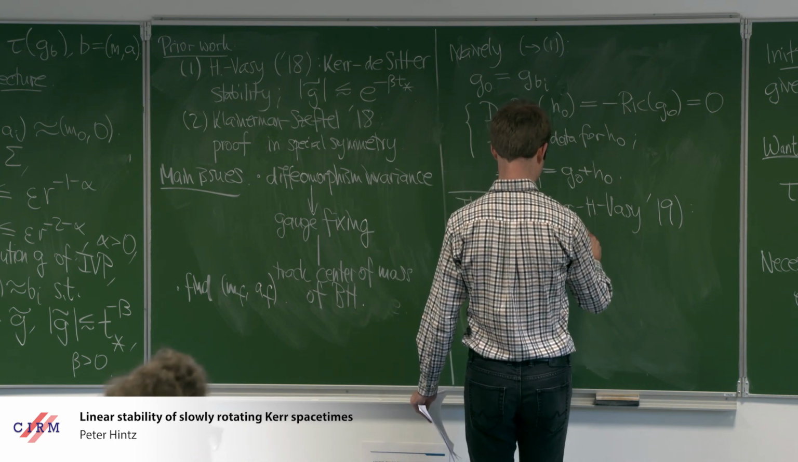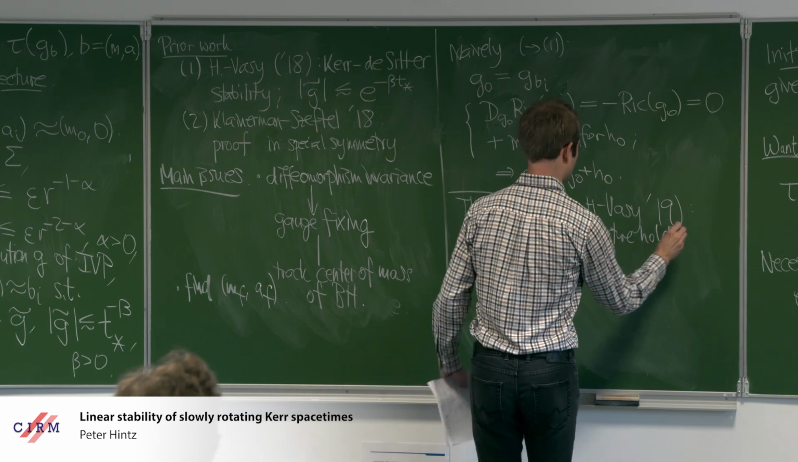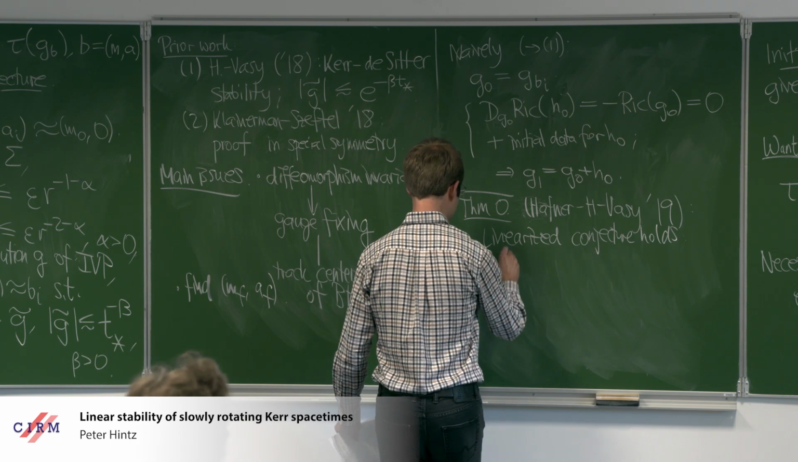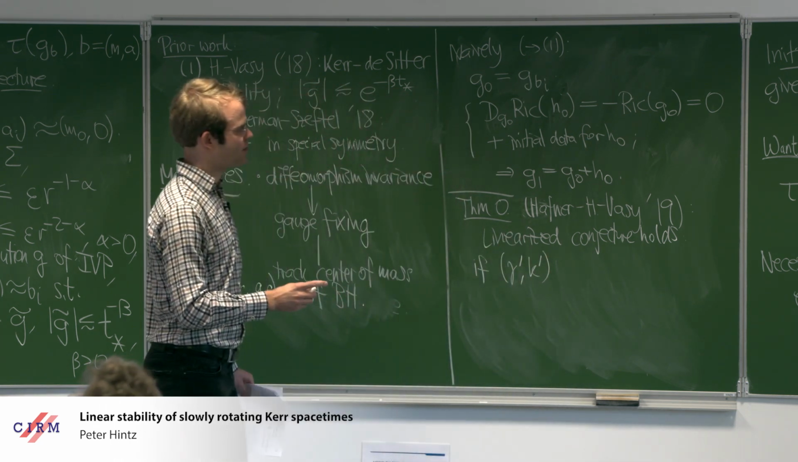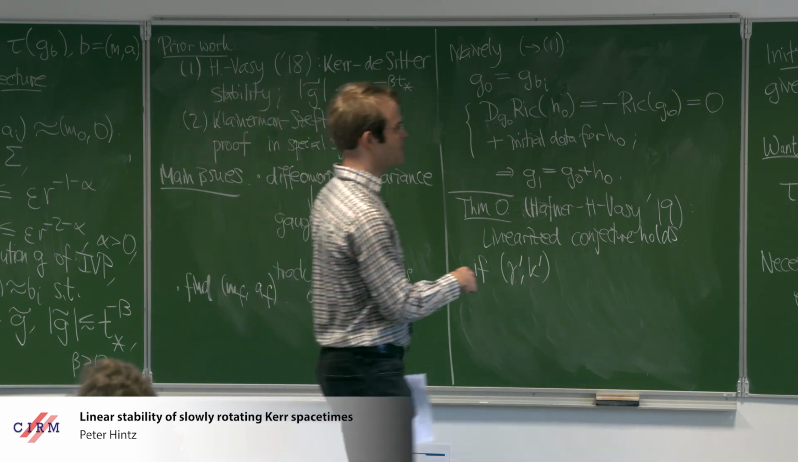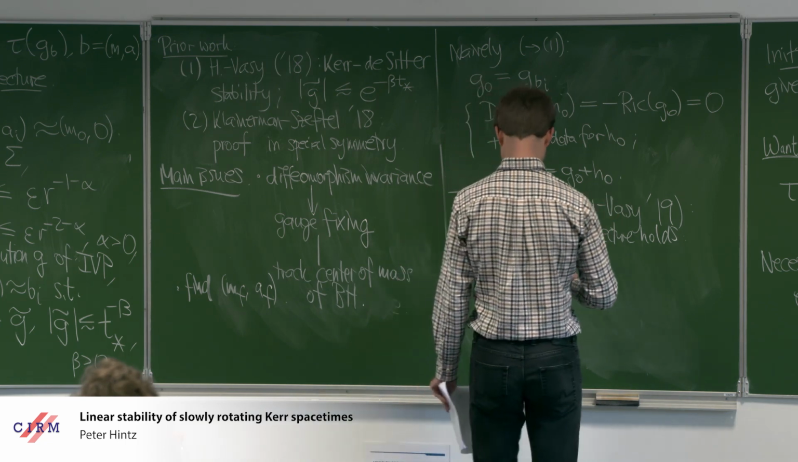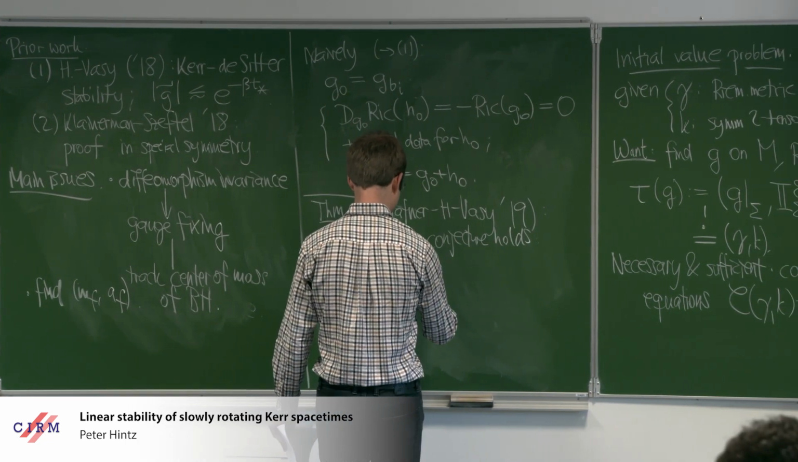OK, let's call it the linearized conjecture holds. And so what I mean by this is, if you have now initial data gamma prime, k prime, so they're just symmetric 2-tensors now in sigma, that being the tangent space to the space of Riemannian metrics. So if gamma prime and k prime satisfy the linearized constraints,